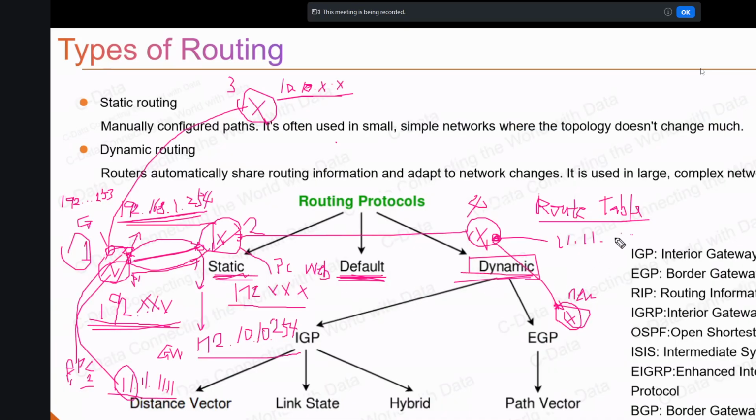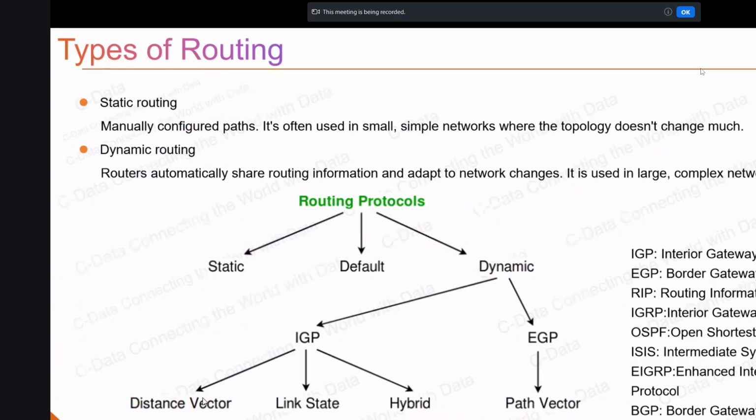The dynamic means it can update the route table automatically. So this is the so-called dynamic. So in the dynamic route, we have